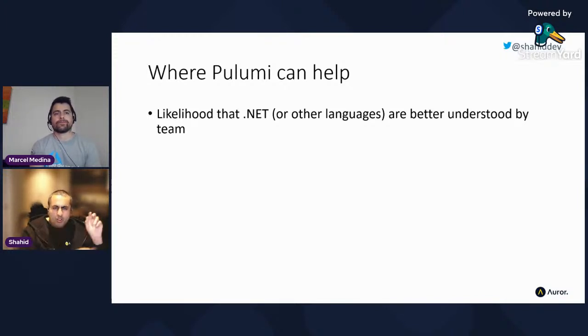We're not living in that world anymore where there's a dev team and an ops team and we chuck things over the wall, right? That's all gone. We've been doing DevOps for years now. So developers should be responsible and be empowered and equipped to manage their own infrastructure that they're creating for their resources. So having a language that they're familiar with will really help.